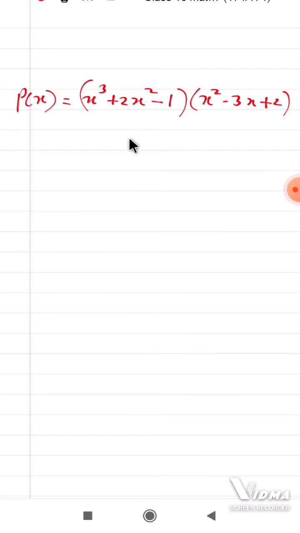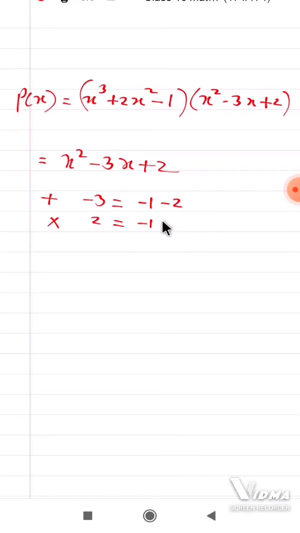So let us try to factorize this quadratic polynomial, x square minus 3x plus 2. When you factorize it, you will get what here? This x square, as it is x square. Look here, the middle term is -3, so the addition should come -3, and the last term is plus 2, so the multiplication must come plus 2. So the numbers are what? -1 and -2 are the numbers. If you multiply -1 and -2, you will get positive 2. So the splitting will happen in the following way: x square minus 1x minus 2x plus 2, isn't it?